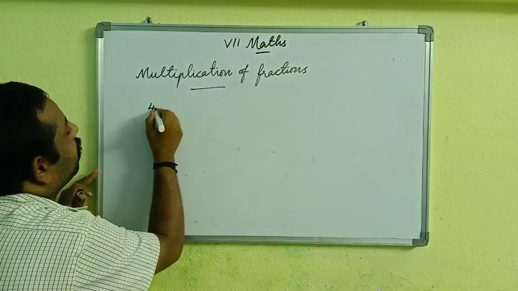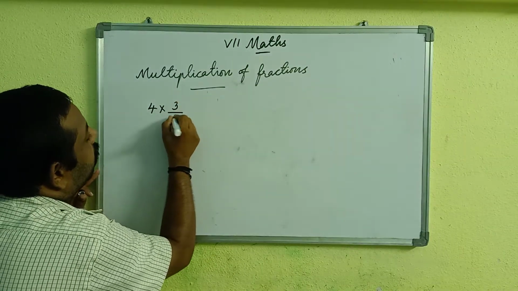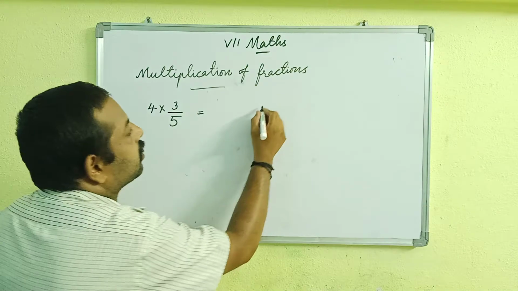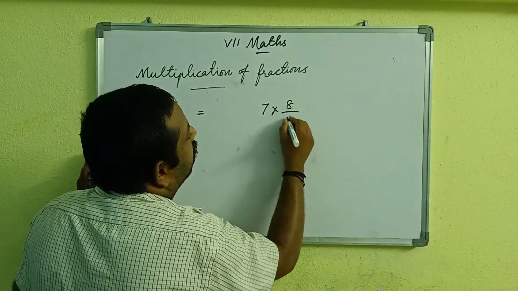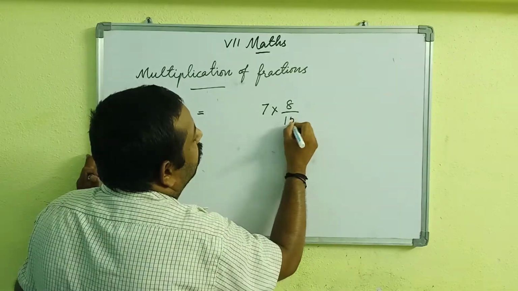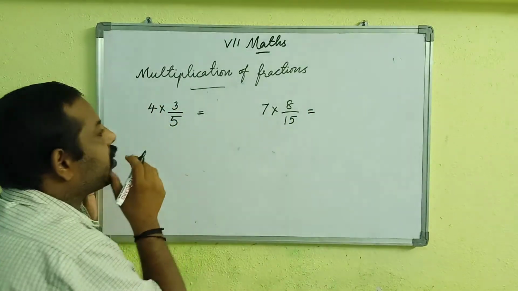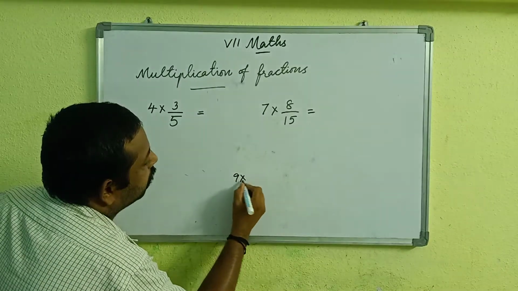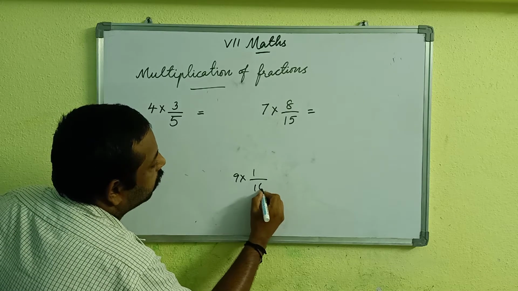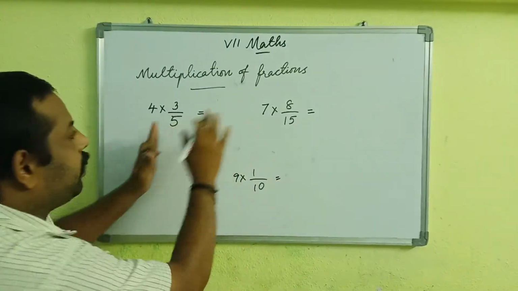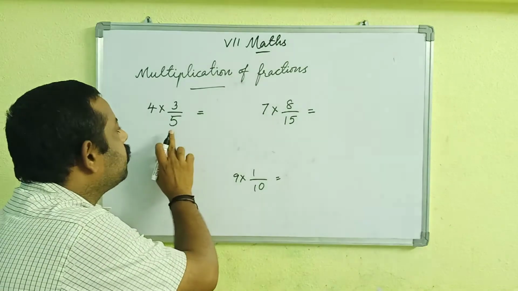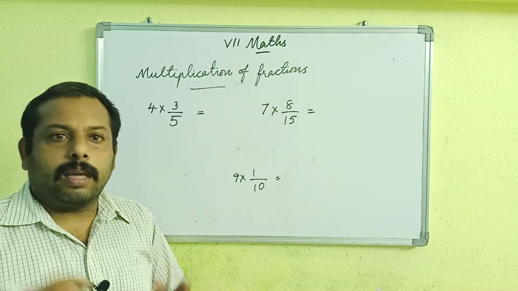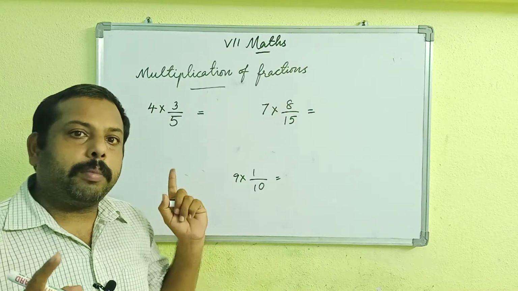Example, 4 multiplied by 3 by 5. Let us write another example, 7 multiplied by 8 by 15. Okay, one more, 9 multiplied by 1 by 10. Let us find out the product of the first one. Whenever you multiply a whole number by a fraction, keep in mind, multiply the whole number by the numerator